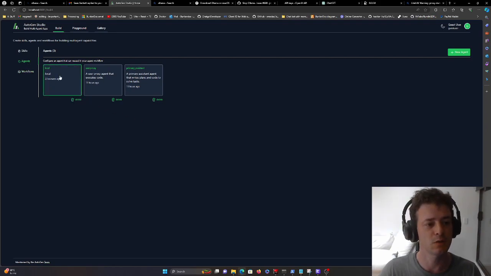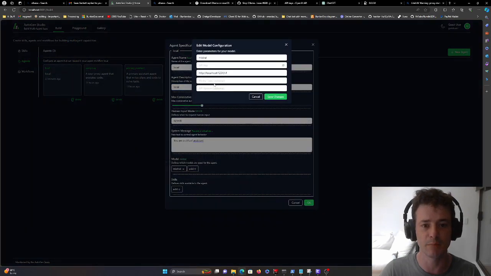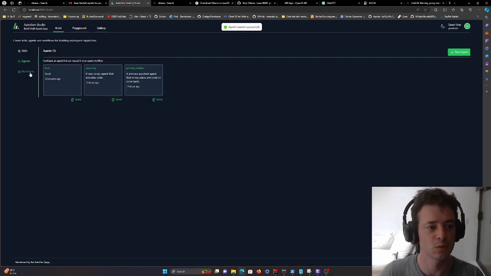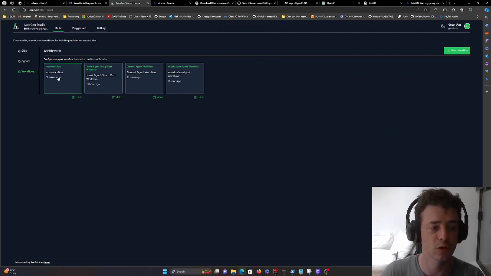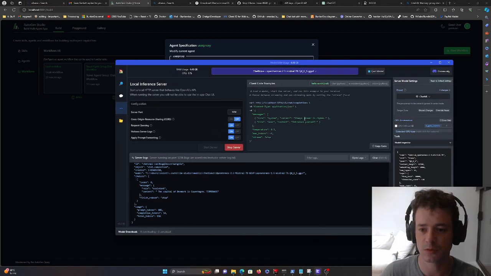So you create an agent, a local one, and I call it an assistant, call it local, it doesn't really matter. And then I have localhost Mistral, I gave the name Mistral, and it's actually now OpenHermes. Okay, so then move on to workflows, and this is where it actually is important. And here's the local workflow. Now, if you're setting this up, you're going to be doing the same thing as I've done here. You're going to go down to localhost 1234/v1. Now, if you want to know where that comes from over here,